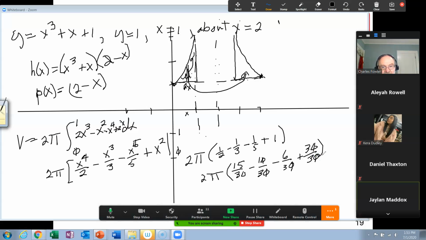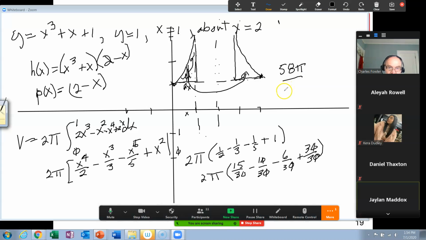All right, 30 and 15 are 45, minus 10 would be 35, minus 6 will be 29. So double 29 is 58 pi